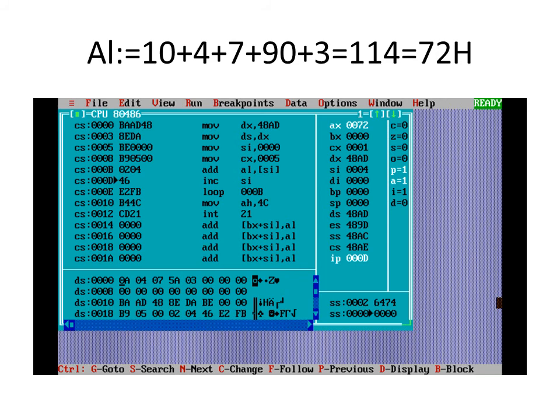Then 72H. I made a mistake in the previous slide. I told you that the addition will be 79H, but it was my mistake. The addition will be 114, that is 72H. This is very simple, performing addition of the elements of the array, and you can transfer the content stored in AL to some variable. With one instruction you can add mov sum comma AL before exiting.